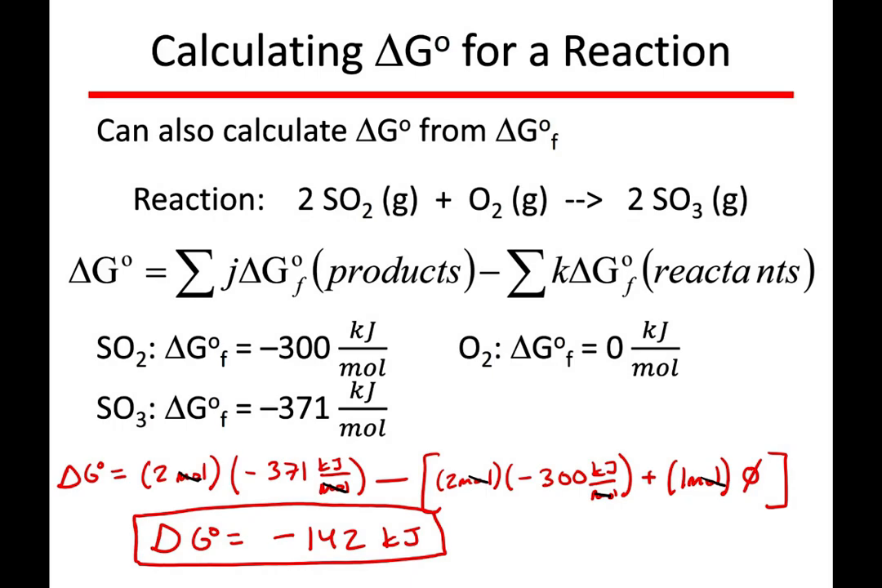Now, when we're talking about delta G, right, that is a value that is temperature dependent. And so it's important to also make the note here that when we're dealing with the standard delta G's and the standard delta G's of formation, that is going to be at a standard temperature of 25 degrees C. And so what you could say is that at 25 degrees C and at standard conditions, this reaction would be